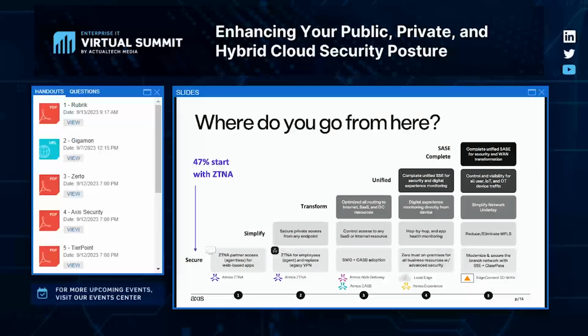Finally, then bring it all together. Transform your branch or retail locations. Unburden yourself from legacy connectivity that placed a speed bump in the way. Make the move to SD-WAN with Edge Connect. This will then help you lower costs, give you higher bandwidth and increase business agility and lower operational costs. Finally, to complete the journey, why not think about adding on ClearPass? Dynamically segment your network and provide protection for those vulnerable IoT assets.